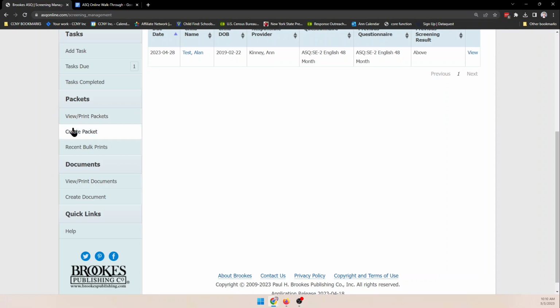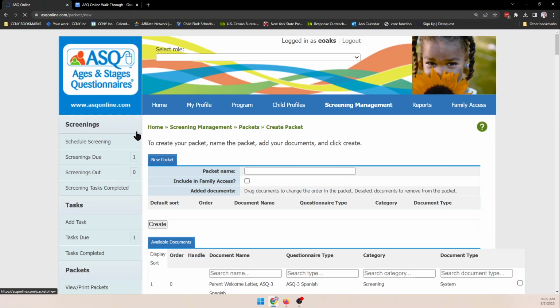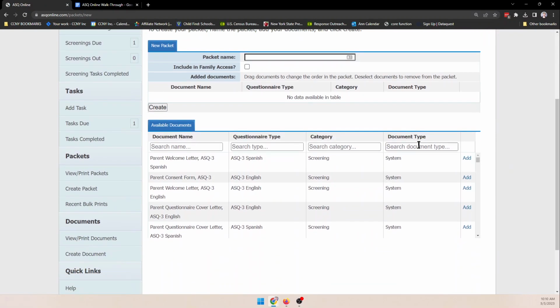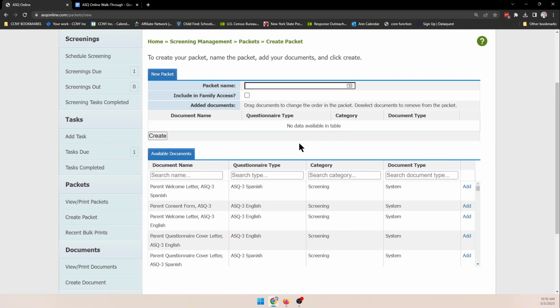So here with the packets, I'll go ahead and click Create Packet. And you can see here that there's already a wide variety of available documents that just come along with your ASQ3 and ASQ SE2 kits. So when you enter those key codes, those automatically give you access to these types of documents. So let's say today I'm going to make sure that we have a packet for Alan that's going to work. So I'm going to hit ASQ SE2 and we'll say above